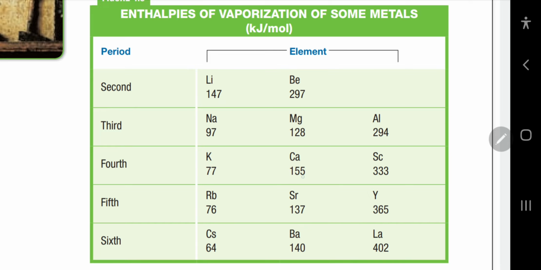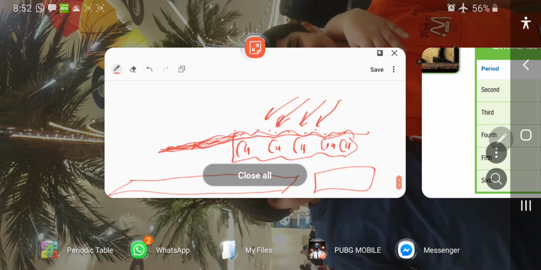Calcium contains two valence electrons, so the energy increases to 155, while Sc contains three valence electrons, so the amount of energy increases to 333. We are not going to talk deeply about the strength of the metallic bond,